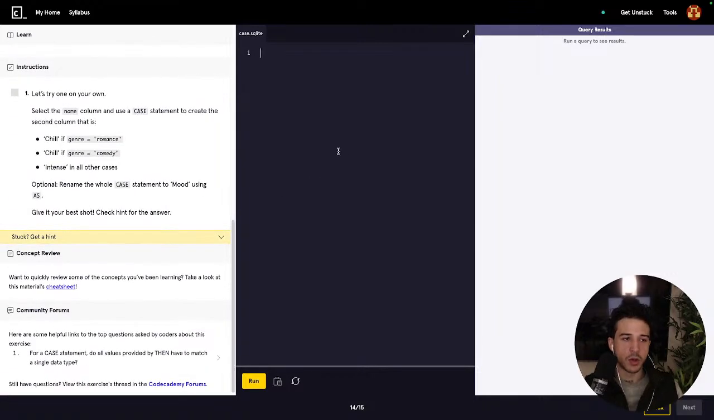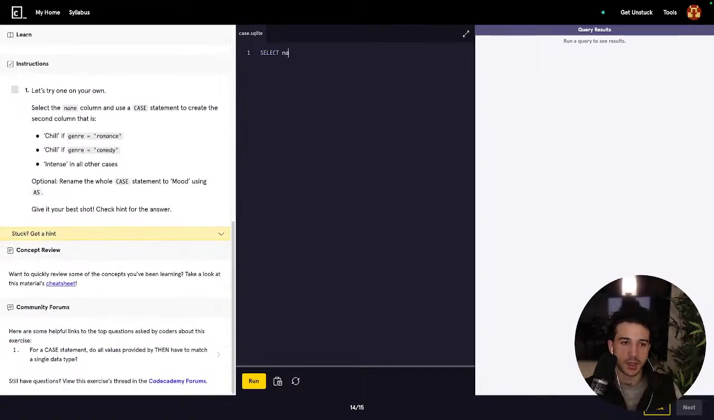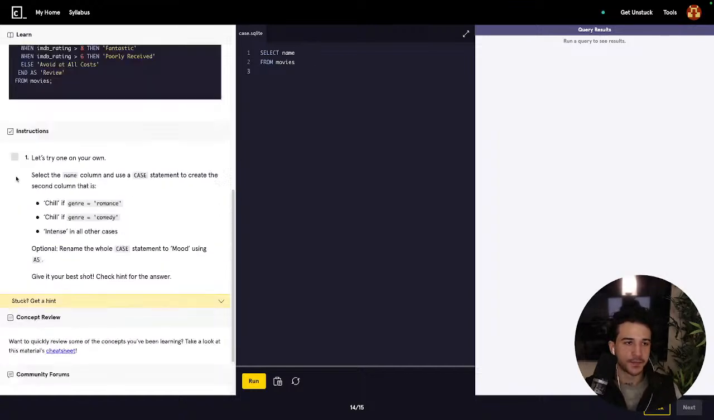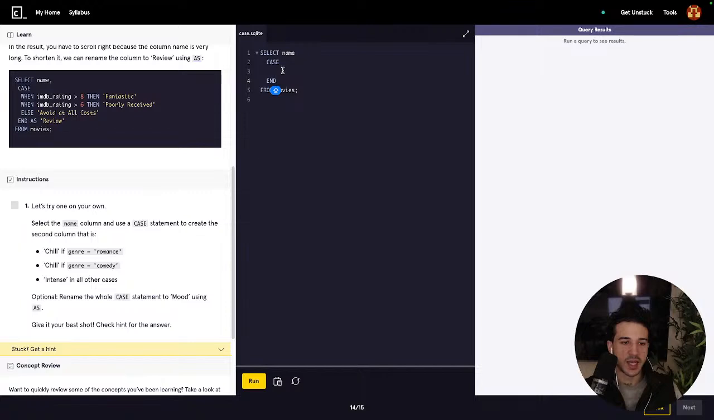So let's try one on our own. Select the name column. Are we doing all? Or no, just name. Select name from movies. Case. I'll put this end down there. So select the name column and use a case statement to create the second column that is